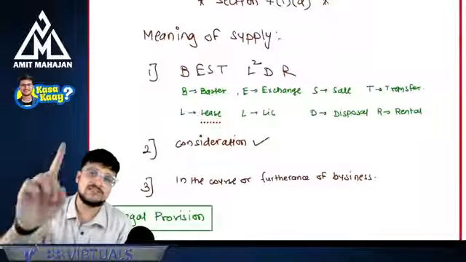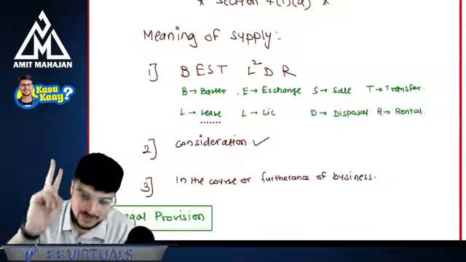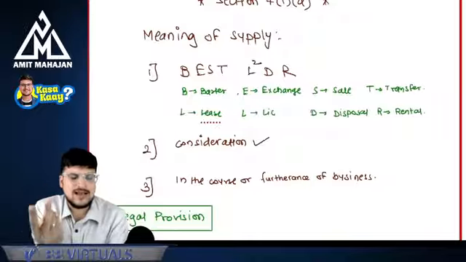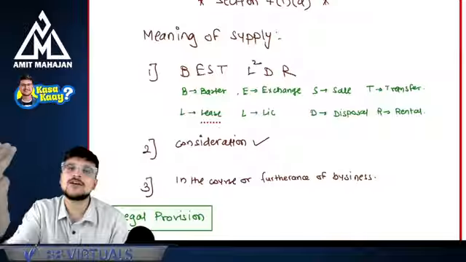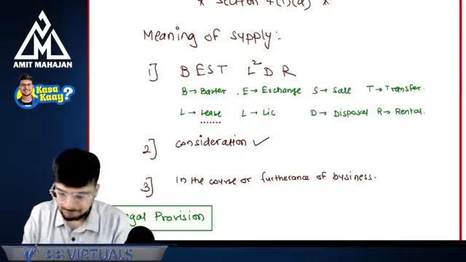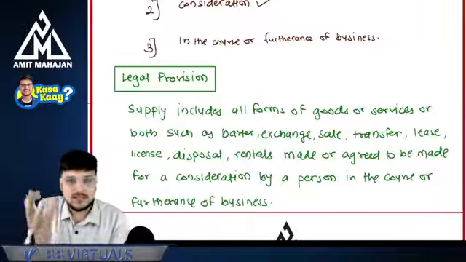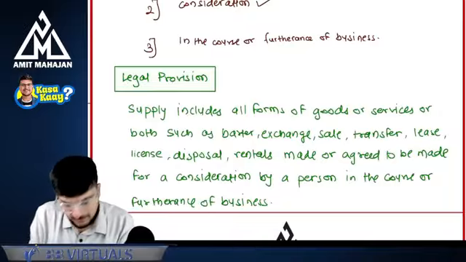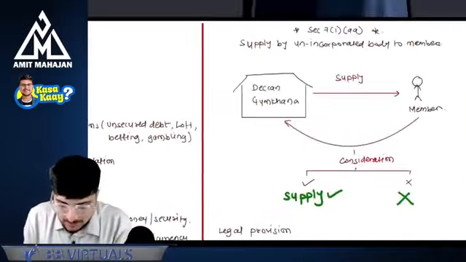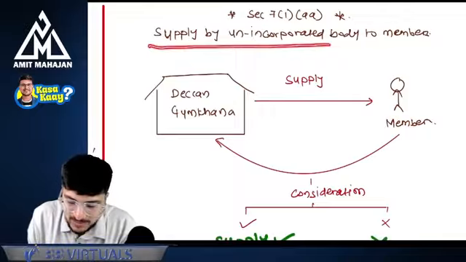So till now we have seen 7(1)(a). Under 7(1)(a), there are three conditions: sale, lease, or rent. Second, there has to be a consideration. And it should be in the course or furtherance of business. Perfect. This is your 7(1)(a), and I have written the legal provision for you to understand what to write exactly. Let's come to the next point, that is section 7(1)(aa), that is supply by an unincorporated body